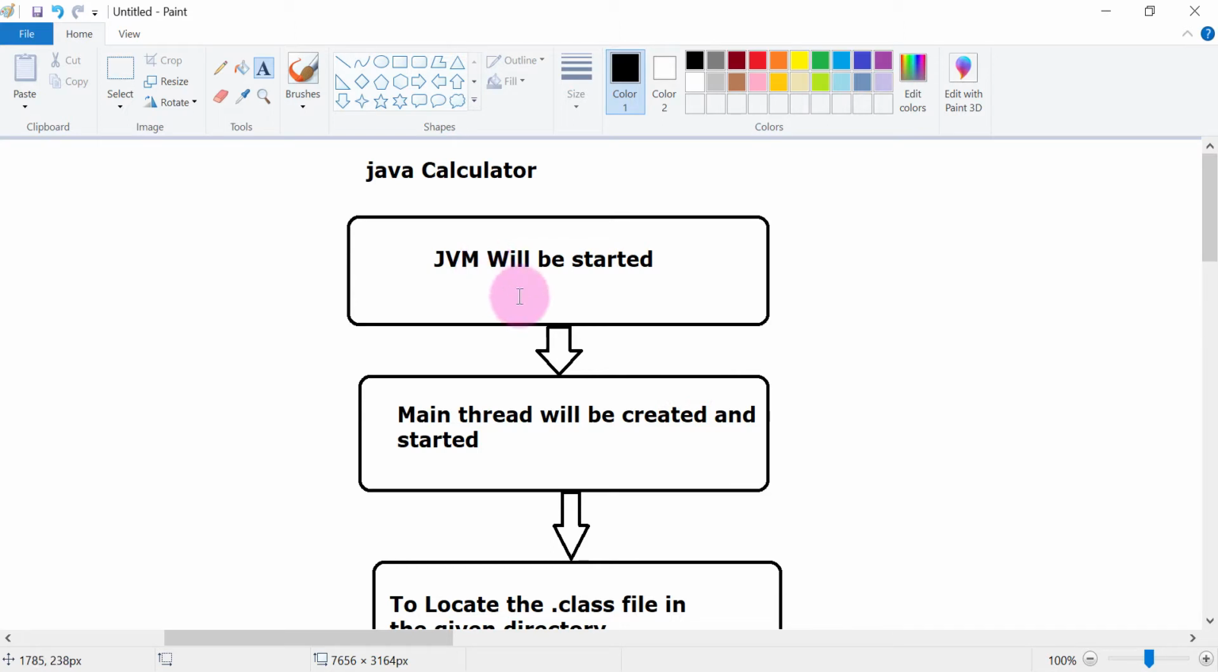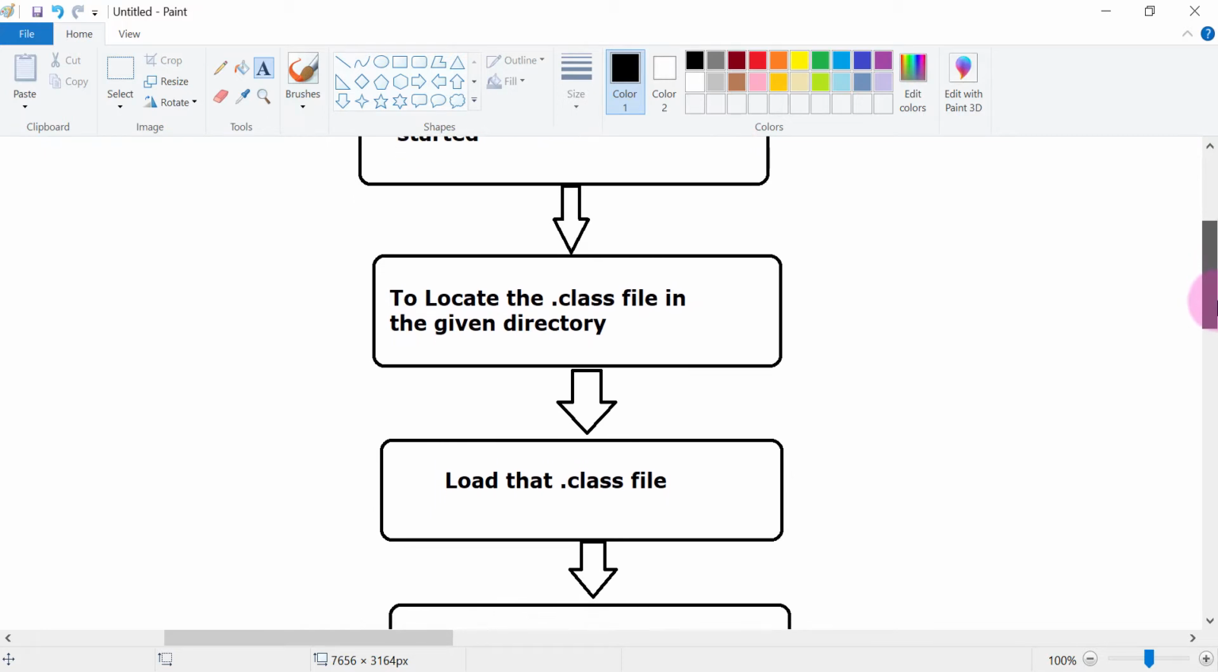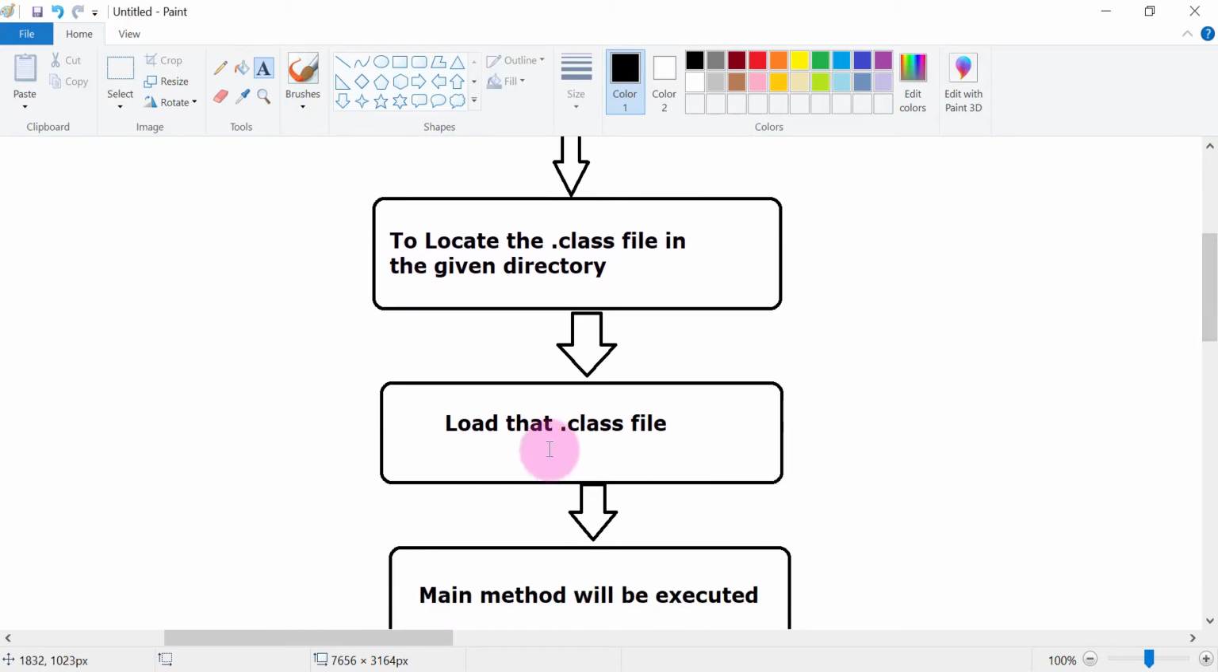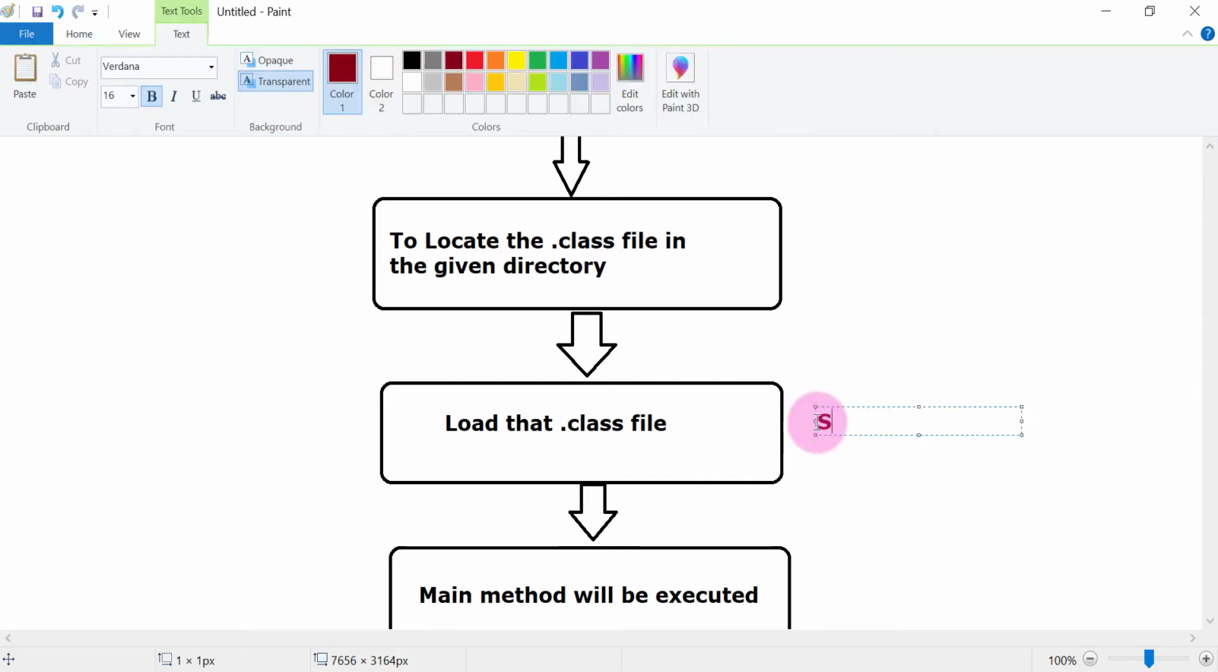First the JVM will be started, right? Then the main thread will be created and started. Then it will start locating the .class file. Once it gets the .class file, it will be loaded. Any other operation I want to tell you about at the time of class loading: static variables. Static variables are class level variables. So at the time of class loading, static variables